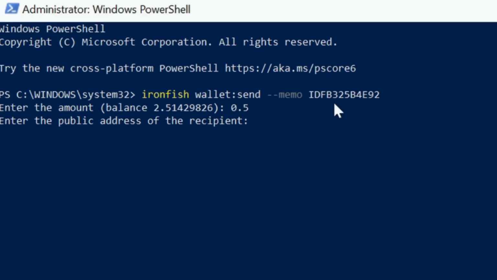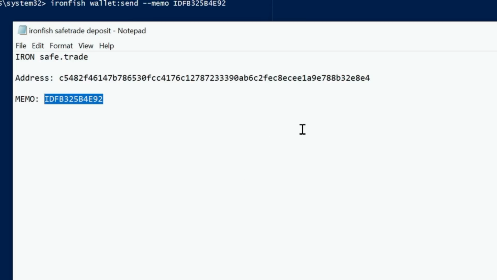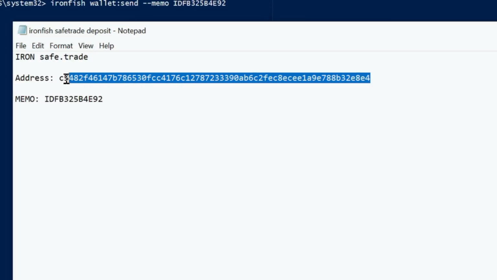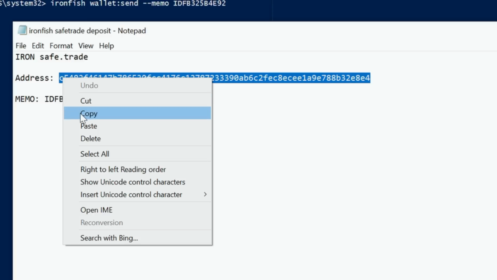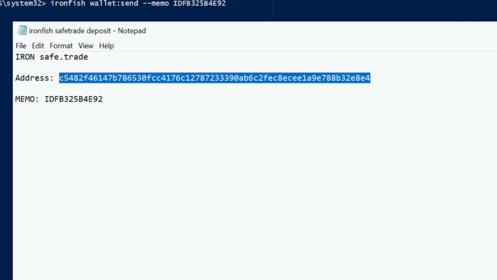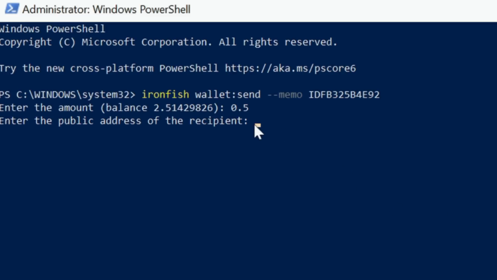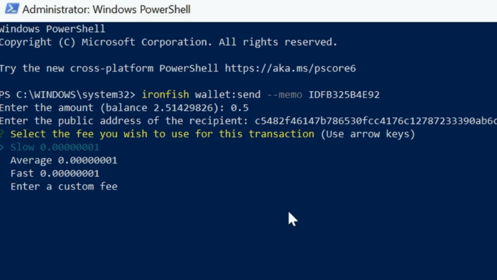0.5, hit enter. Enter the public address. So now we got to send that exchange address here. So I'm going to copy this over. This is the exchange address. Copy this, minimize it, put that in, right click, that'll copy it in, hit enter, and now select the fee